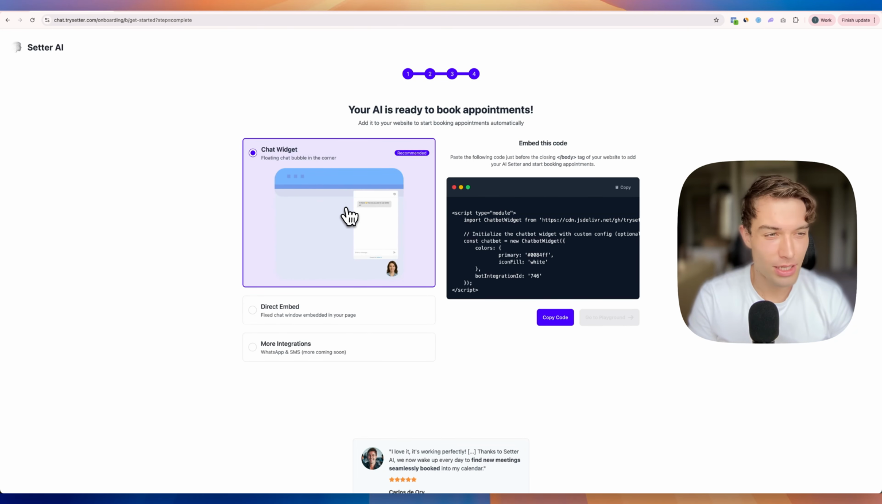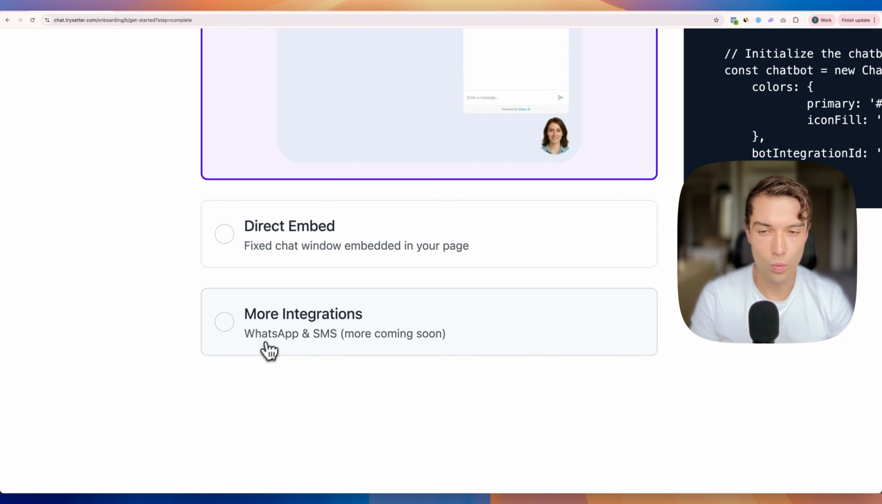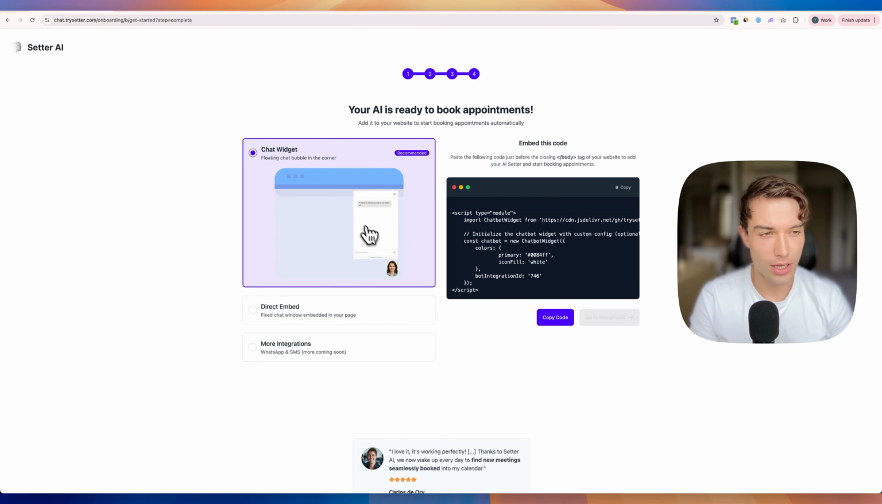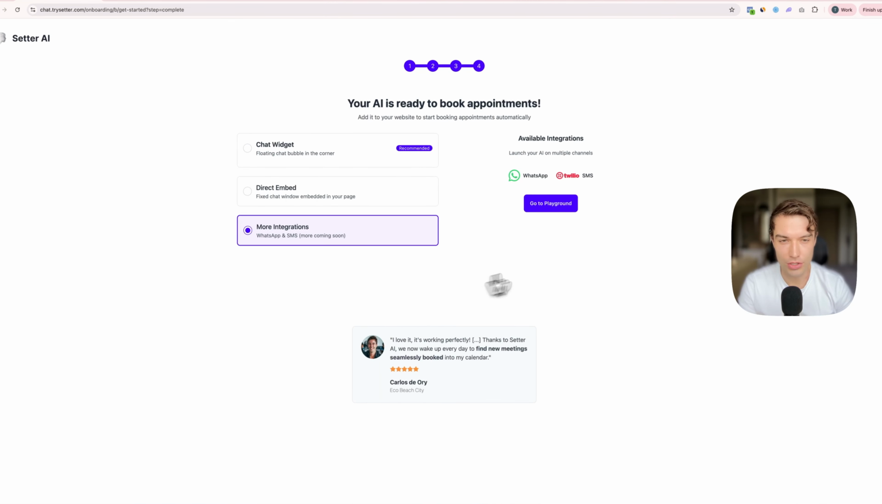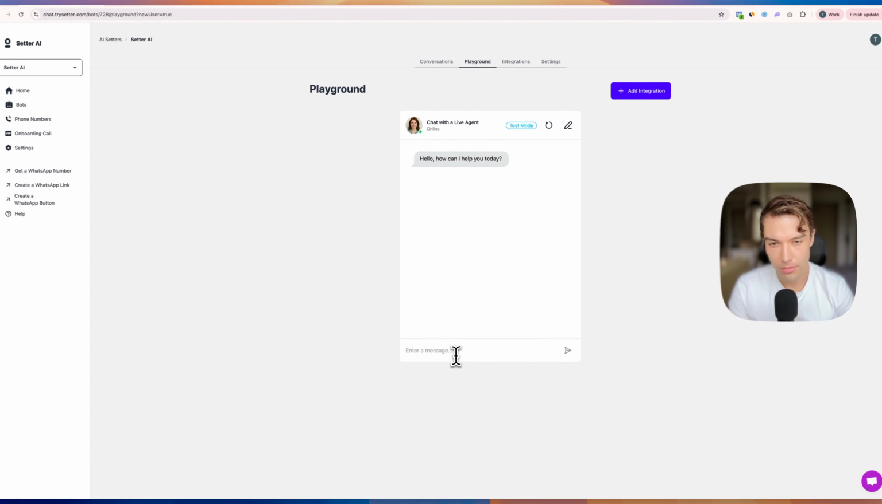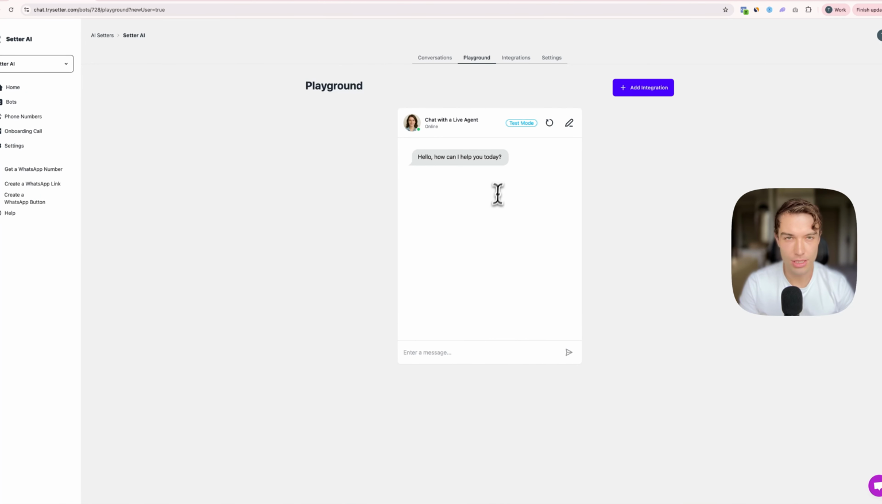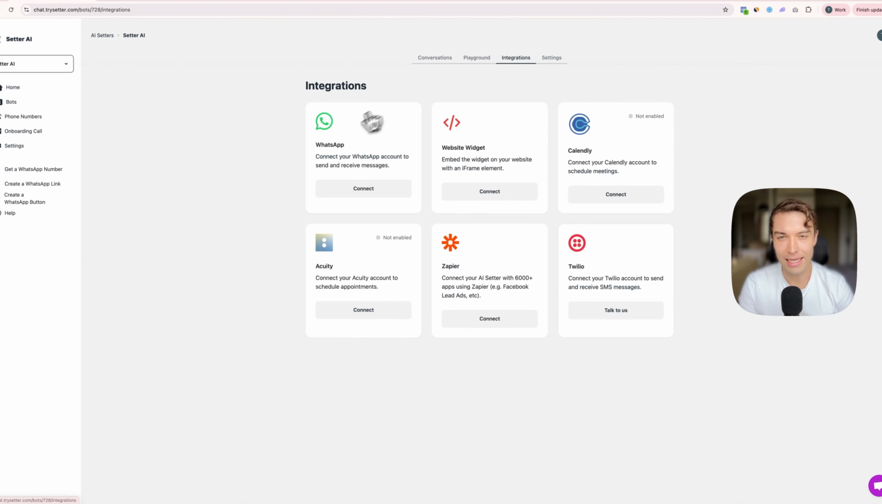Now here, standardized, the chat widget is selected. Now you actually want to use WhatsApp, right? This is a standardized website chatbot that lives on your website. You want to have the people inside of WhatsApp so you can actually get their phone numbers, right? So you're going to click on More Integrations down here, and then you're gonna click on Go to Playground. Great. Now, once in a playground, you can test your setter, but we are going to go over and integrate